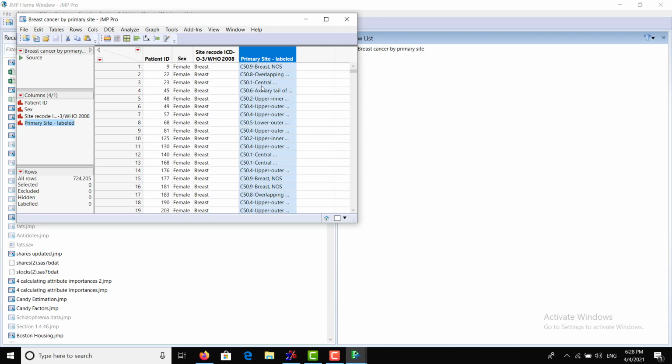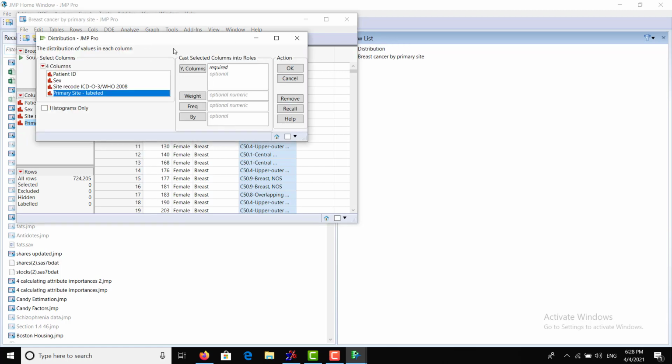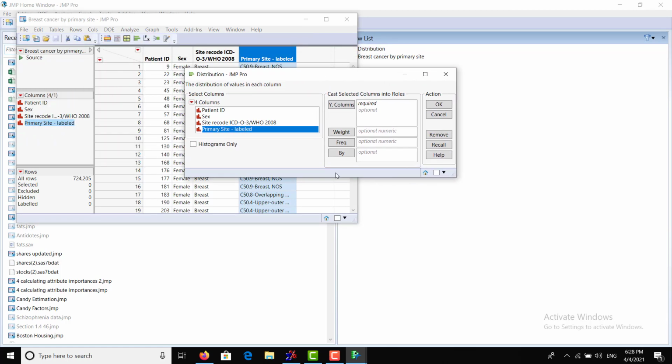We will run a distribution analysis to see what are the frequencies of different primary sites of breast cancer locations within the cohort of 724,205 patients. So we're going to click here Analyze and then click Distribution. It will give us the table that we will use, and I will only use the primary site here as